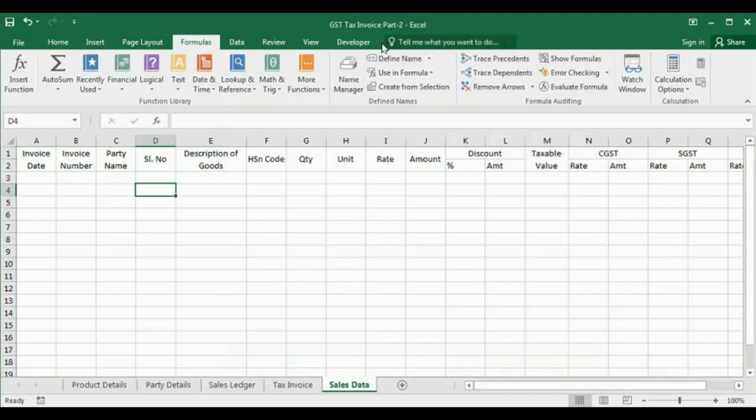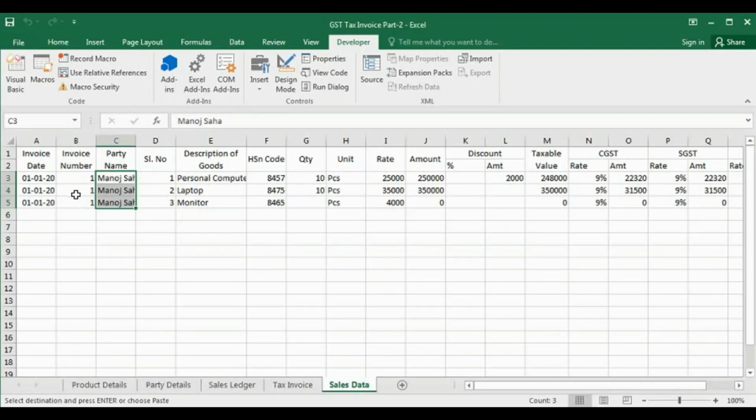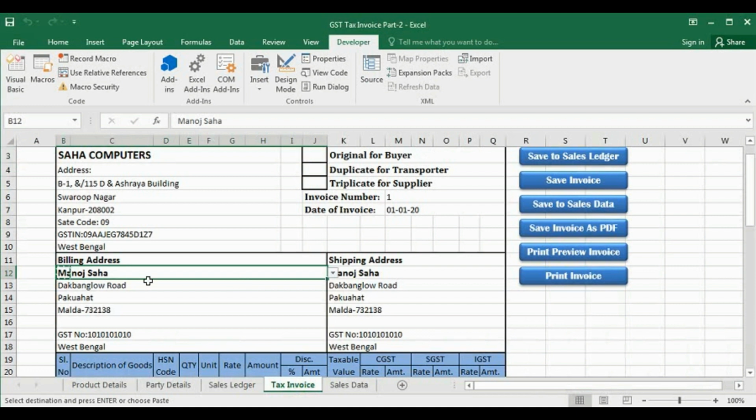Yes. Now we will go here and our range will be invoice number blank and here it will be party name blank. Now run this code. So let's go. Now you can see here invoice date, invoice number, party name and all the items. One thing we will see here is that this cell is blinking because this cell was copied last, so we don't want this to blink.